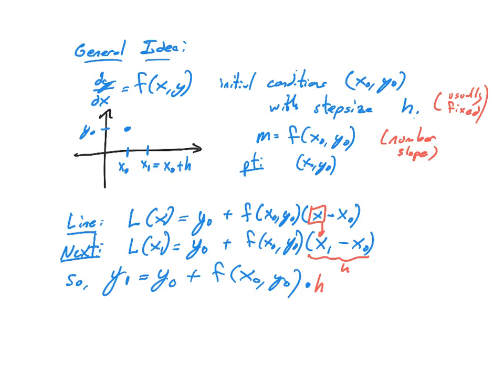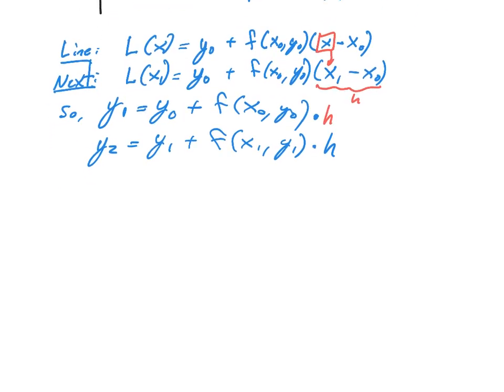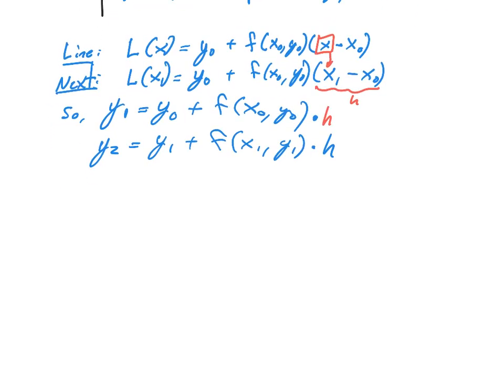So in other words, if I were to do the next point here, x2 is going to be equal to x1 plus h. So you step in equal sizes. Now the next one is going to be y sub 2, and I'm going to pick y sub 1 now plus f of x1 comma y sub 1 times h. So I literally just repeat, and I keep going with that. And what else is kind of cool is that we have this pattern that just keeps repeating.